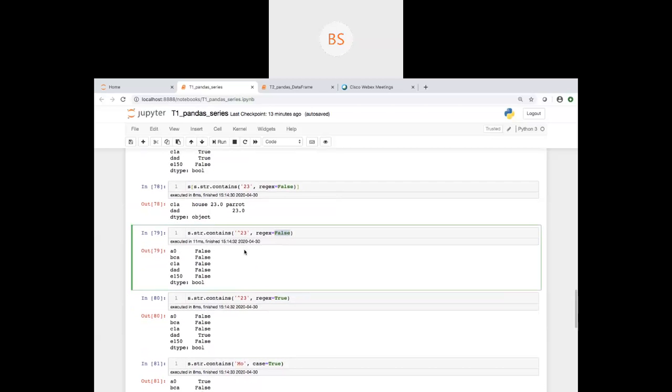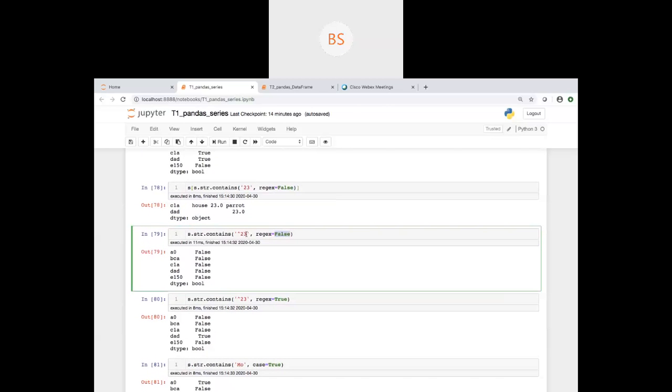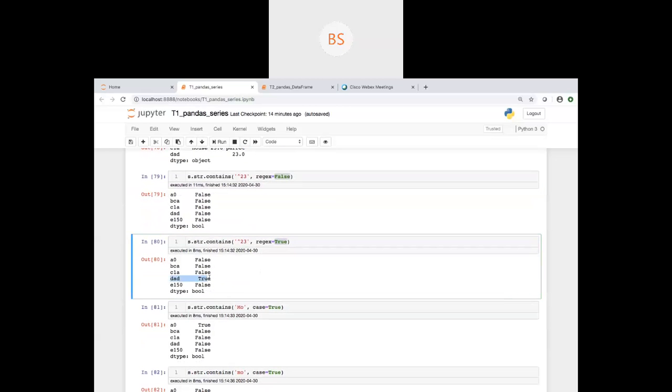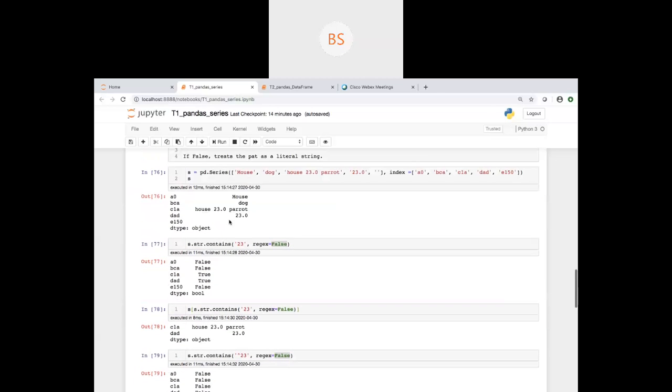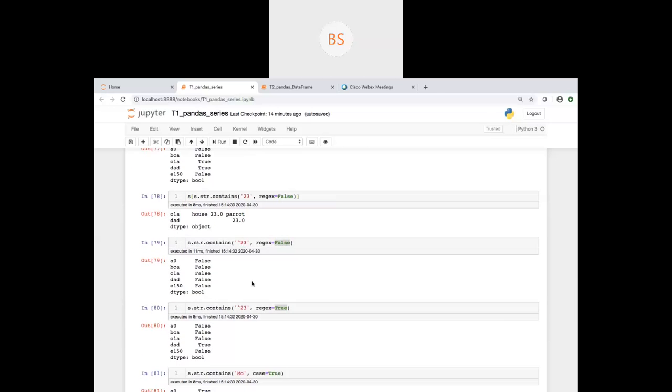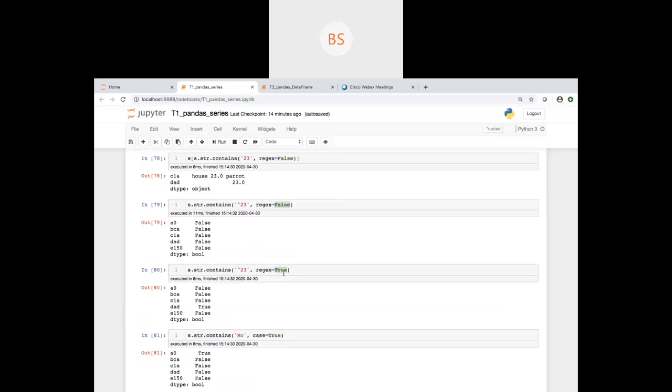So this functionality will not be implemented. But as and when I say regex is equal to true, it will match here because this value is starting from 23. So when you have to use the regular expression, this flag has to be true. That's what I want to display here.